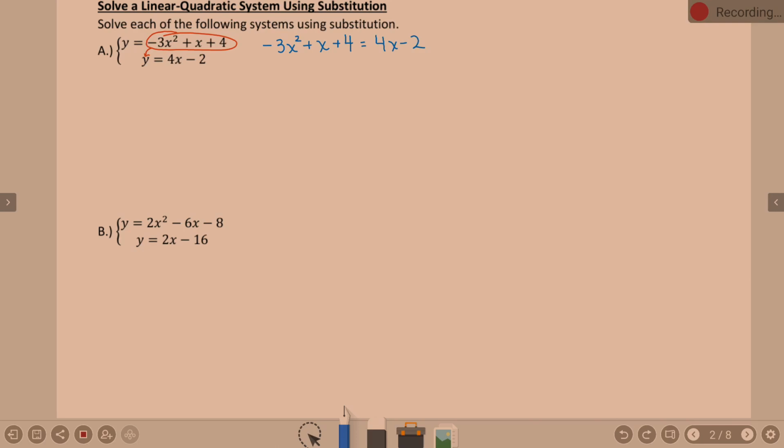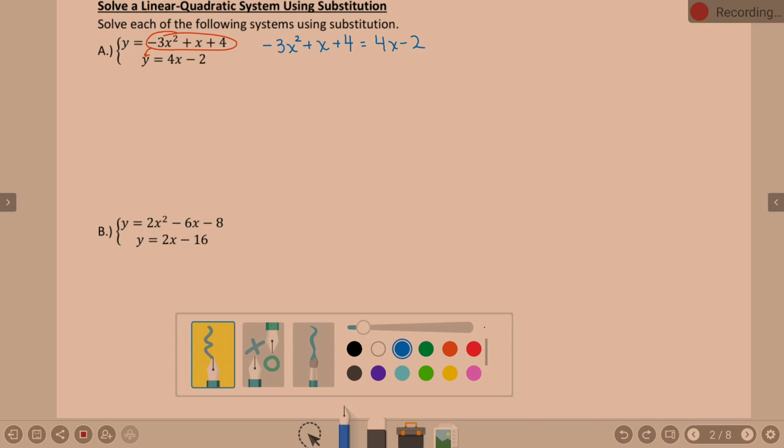Probably subtract 4 and add 2 to the other side. Make the 4x equal 2. Do we want to make the equation equal to 0? Yeah. Here's the deal, guys. I have an x squared term. I have x's. I have numbers. We're going for that ax squared plus bx plus c equals 0. Okay? So,